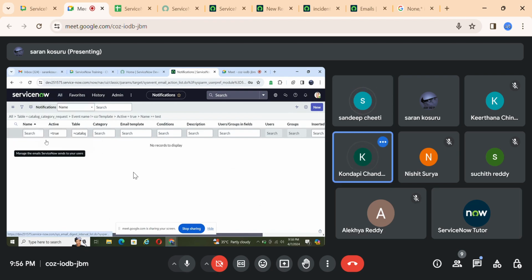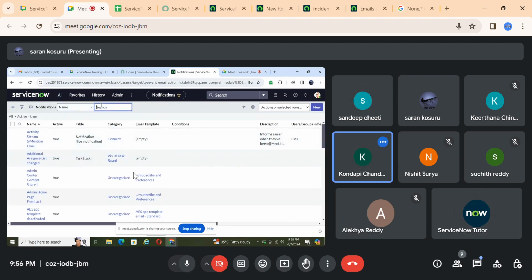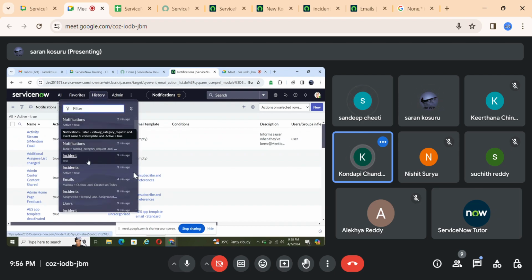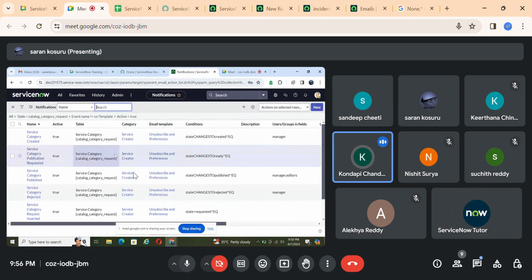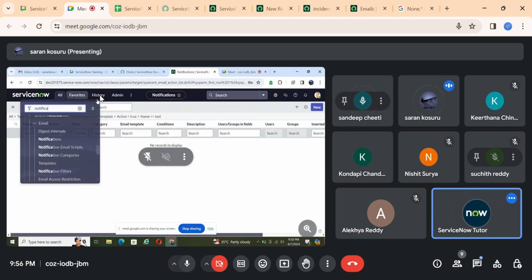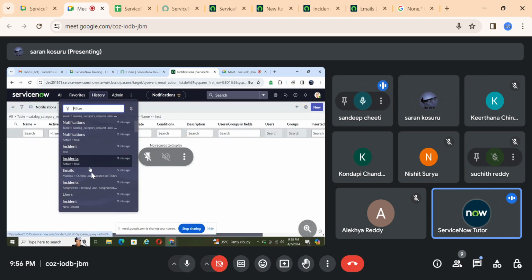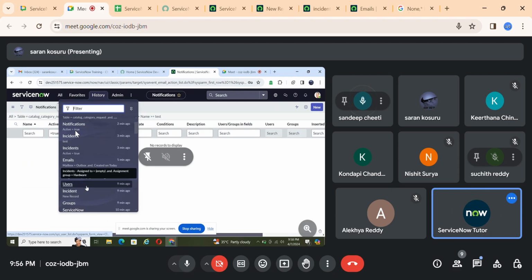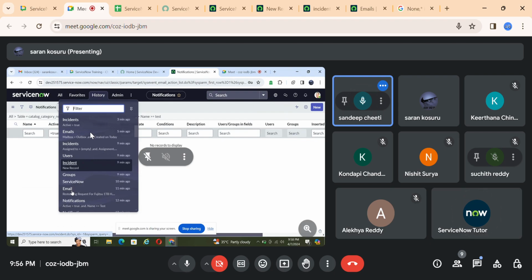For going back, there is a History tab. This is not that. You can go to the history tab. Just go to the notifications record.